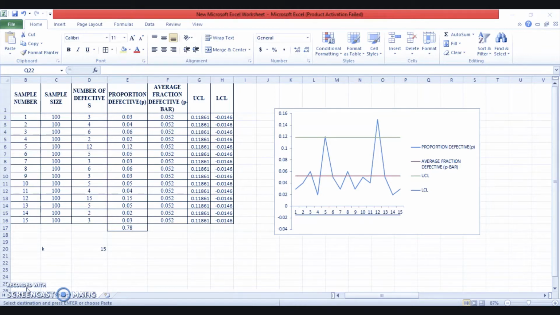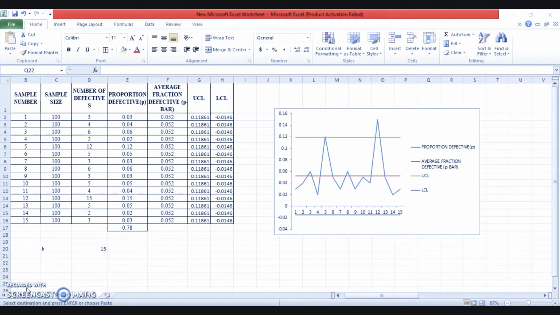In the end I told you that in the upcoming videos we'll explore what happens if there are certain points which lie outside the upper or the lower control limits. That means the control chart indicates that the process is not under statistical control. So some assignable causes may be present in the process, and it is necessary to investigate the assignable causes and take the corrective action